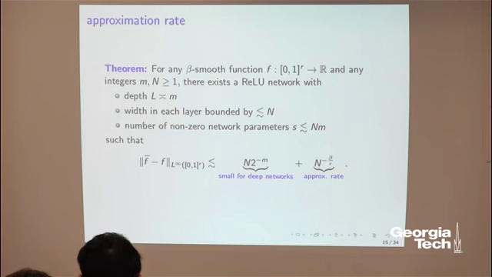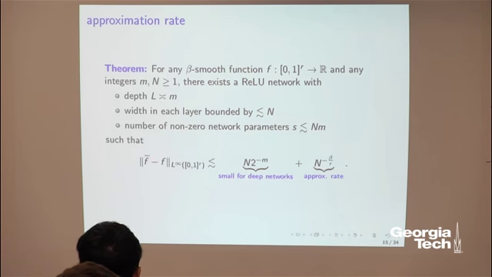So suppose you take a network of depth m and width capital N. Then within this class you can find a specific network that has at most N times m non-zero network parameters, such that you can approximate this function f with a network, denoted by f tilde,